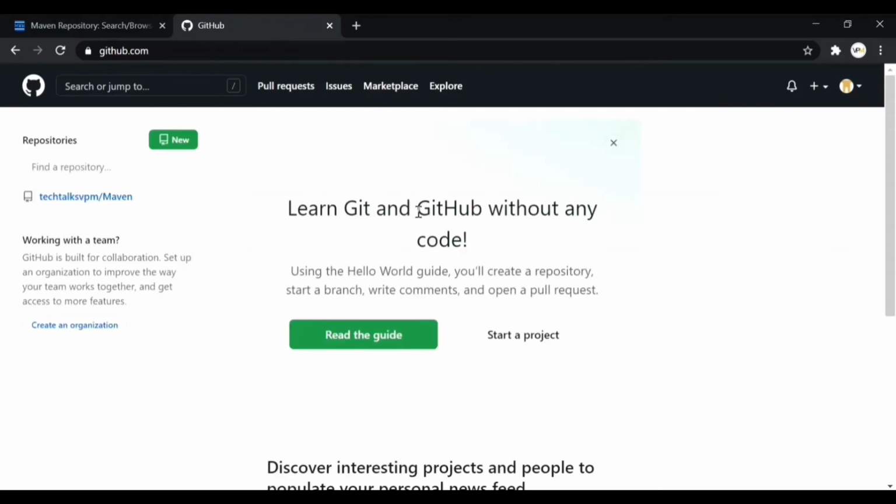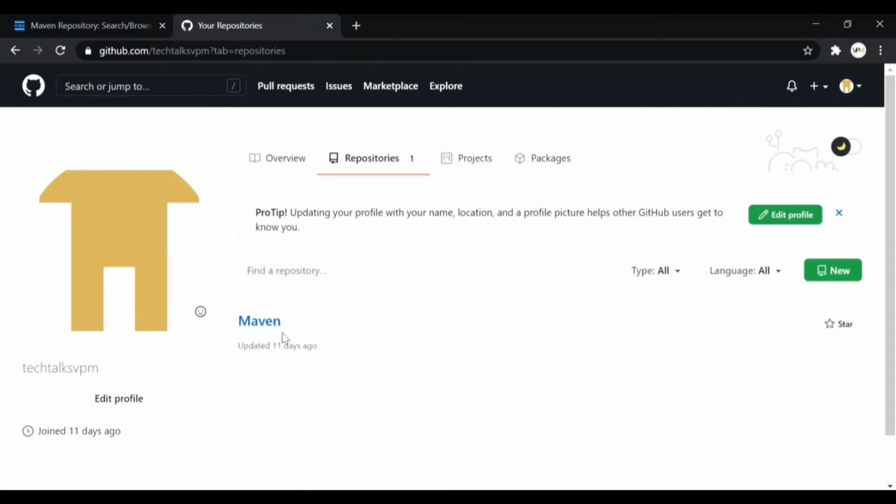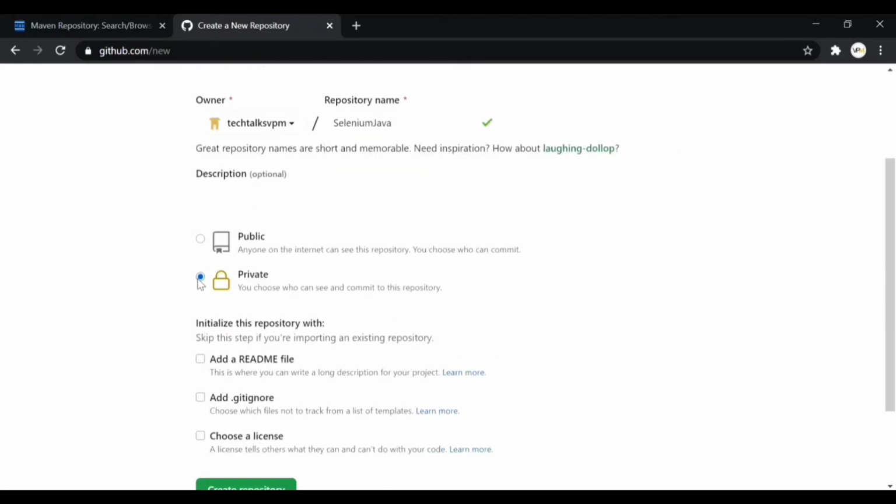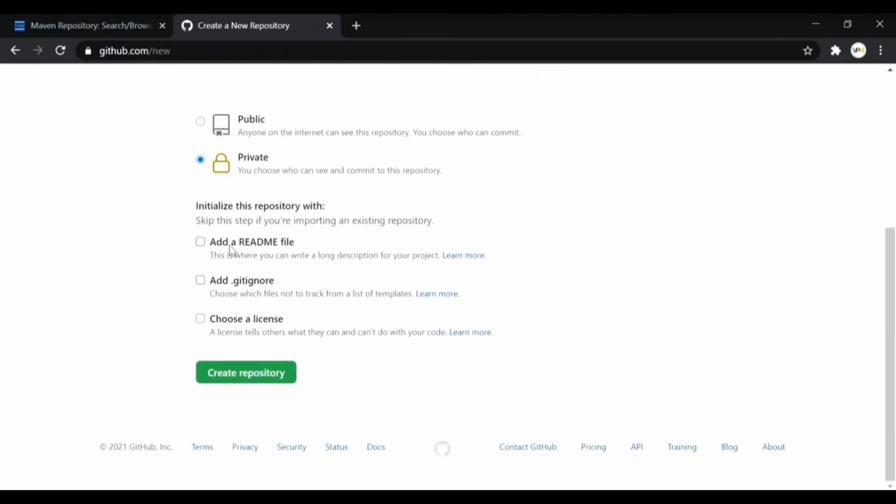Another method is, you can go to your profile section, your repository section, and here you can click the new button and then give all these details: repository name, public or private option, and then click the create repository button.